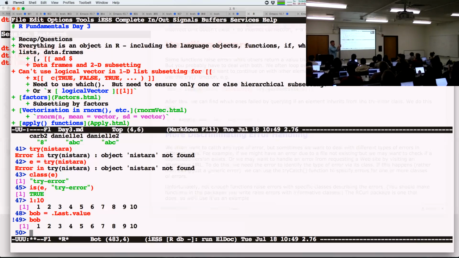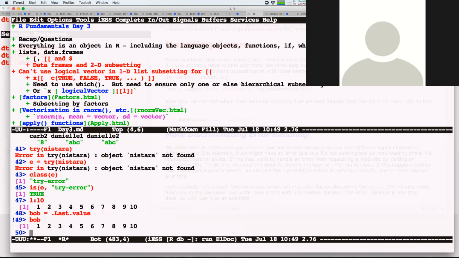This is quite similar to, I told you about the attach function. This is not unrelated to the attach, where you basically can end up with copies of variables in different places, and you think they're one and the same, but they're not. Everyone happy?